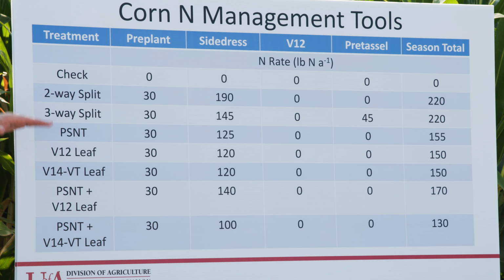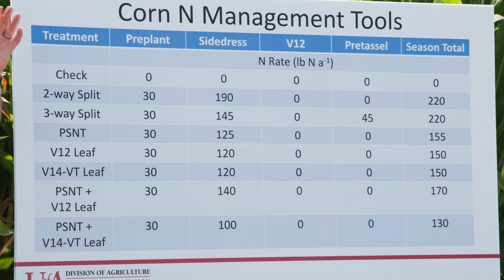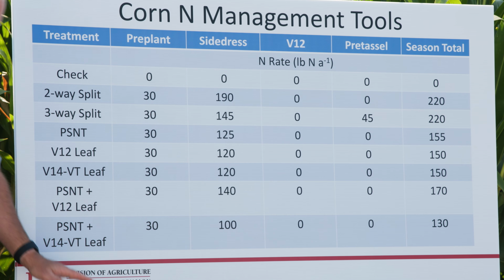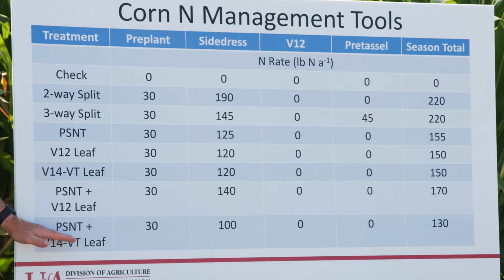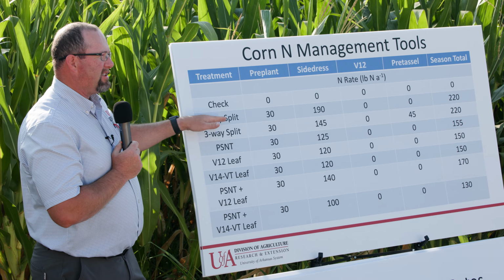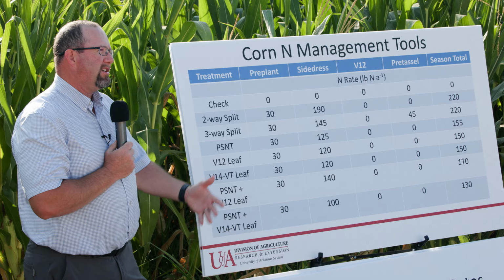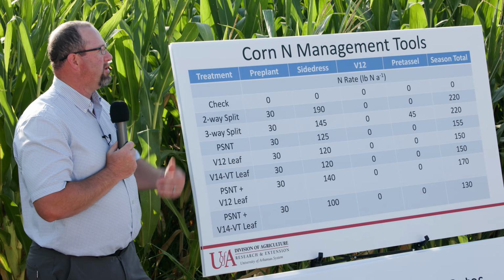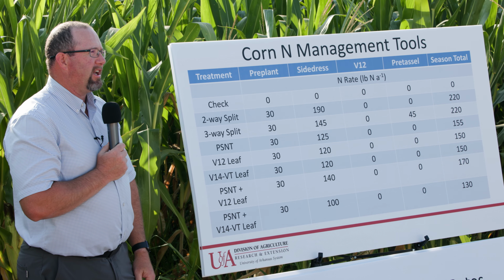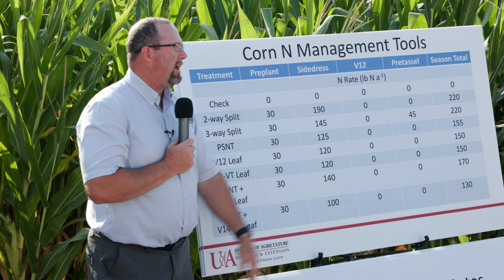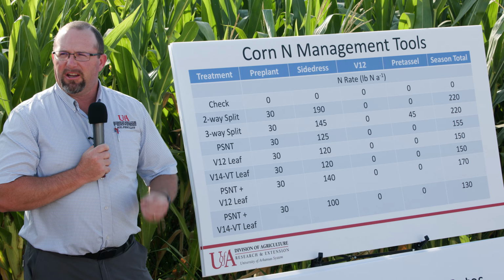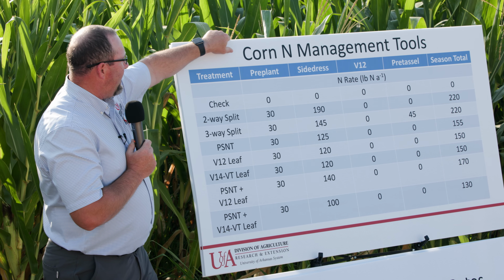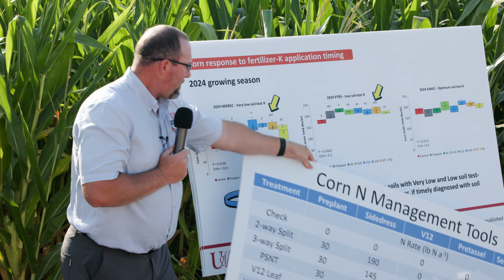We're not quite to R5 yet, but when you go and look out here, you cannot tell the difference between where I have this 130 pound of N per acre rate and these standard rates of 220. So at least at this point in the season, it appears these tools are doing a really good job of predicting that site-specific nitrogen rate, which could allow us to get by with a significant reduction in our fertilizer, specifically nitrogen fertilizer rates for corn, and still maximize production.